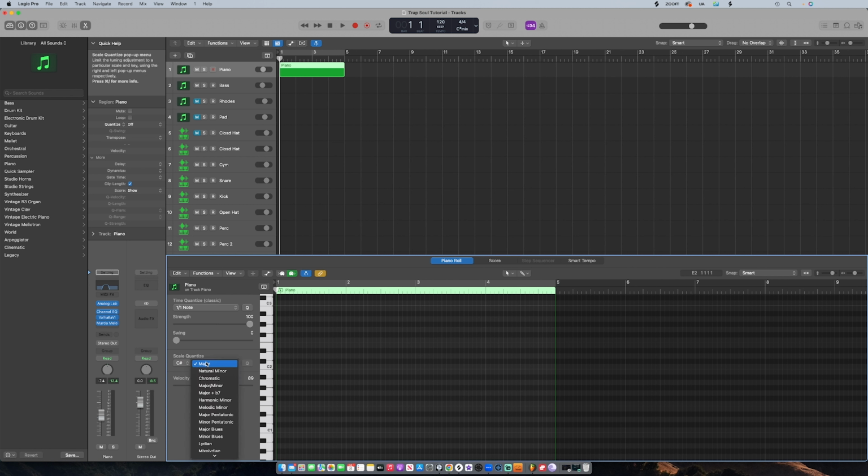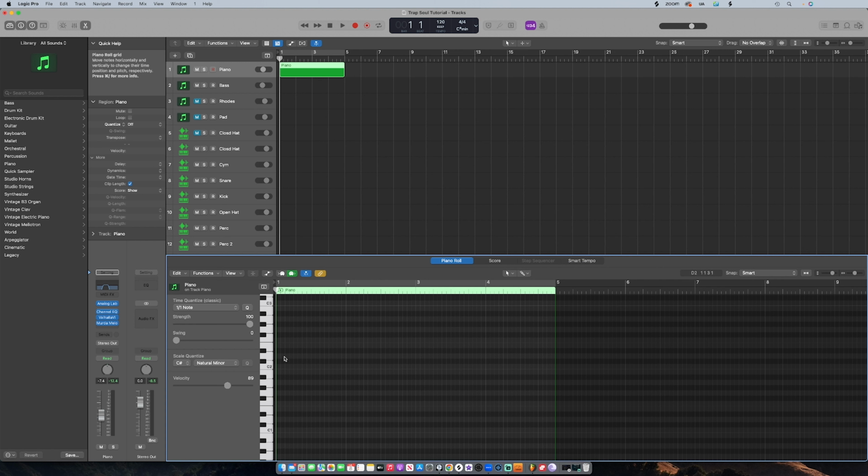So if I went to C sharp natural minor. Now, if you look at this screen right now, if you look at my piano roll, you can't tell which keys are in the actual C sharp minor scale. You can't visually see it. But in FL Studio, you would be able to visually see it once you select the scale highlight feature. But I did some YouTube searching years ago, and I was able to figure out a workaround that I've been using to this day. So essentially, the way that you do it is you would start by building out your